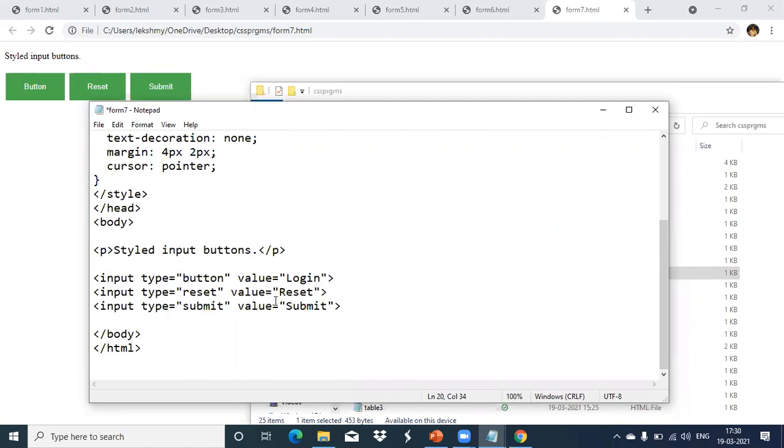you can give. One is login. One you can give like this here. And one you can give with the name register. So whatever value you specify for that type, that name it will show there like this.